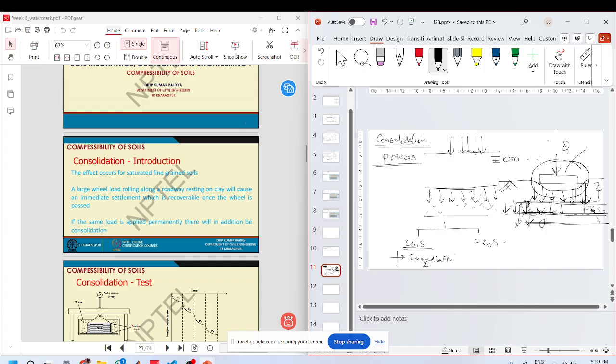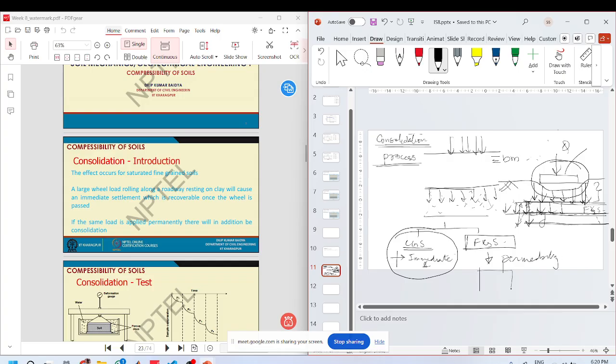By the time you have completed the construction, all the settlement that can happen in a coarse grained soil is complete. Fine grained soils have very low permeability,